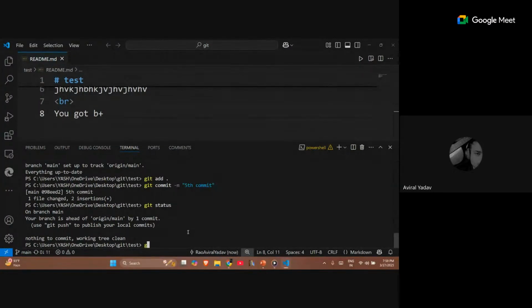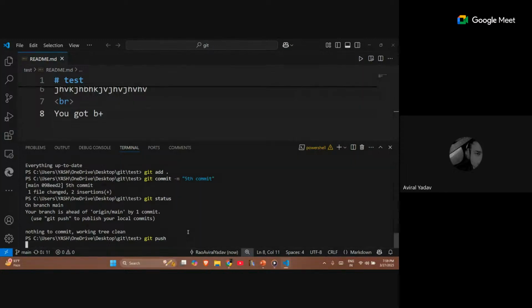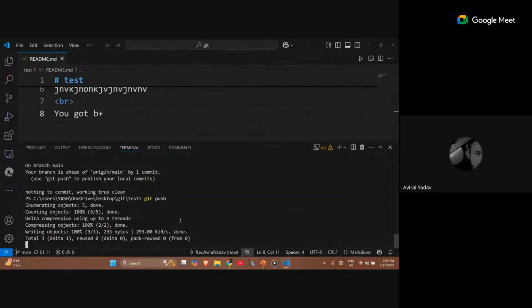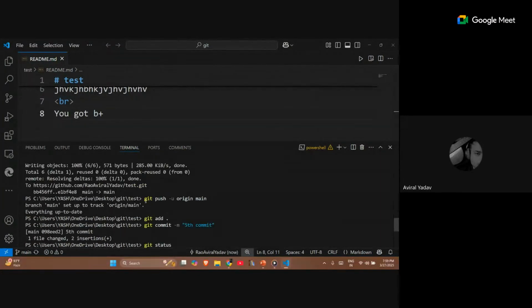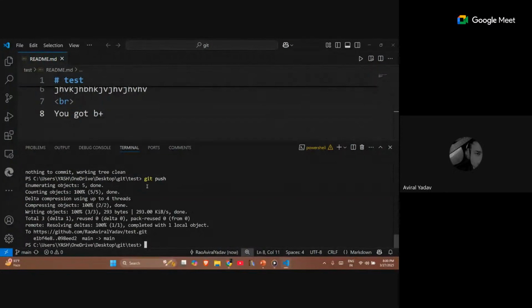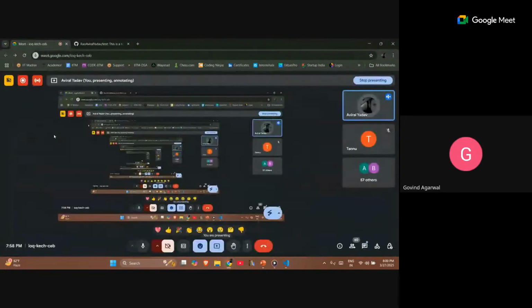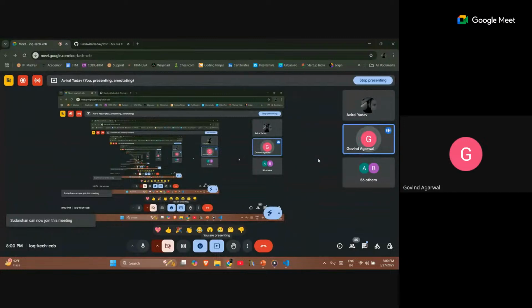So now here what I can do is just simply use git push. Okay, and you can see that no error came. If you want to work on this particular repository, you can use the command git push minus u origin main, after which you can simply use git push to update your changes. It won't create any kind of issues for you. Okay, so these two insertions mean that 2 lines of code have been added.